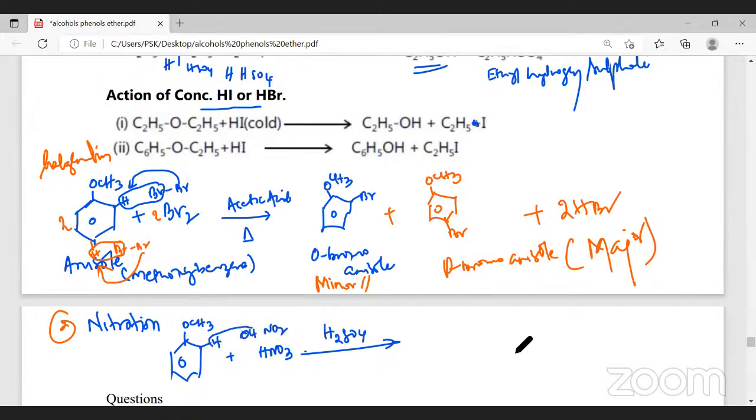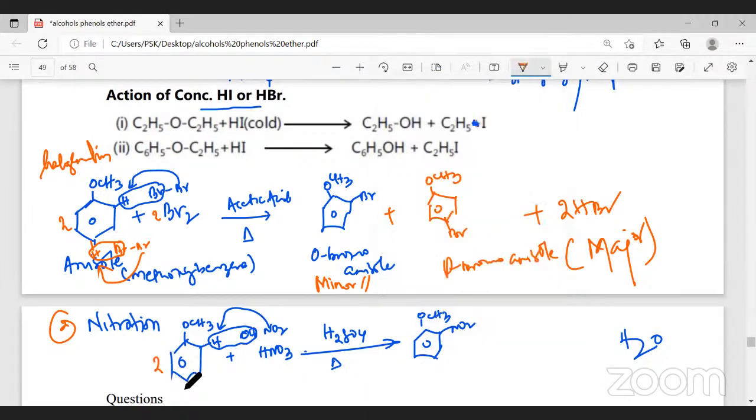So what happens? This H and OH get eliminated as H2O. In place of this, NO2 goes. So we get orthonitroanisole. Orthonitroanisole. The second molecule, if I take